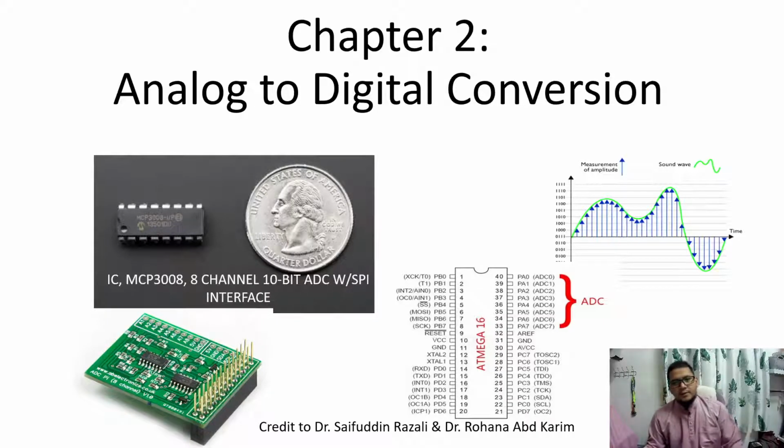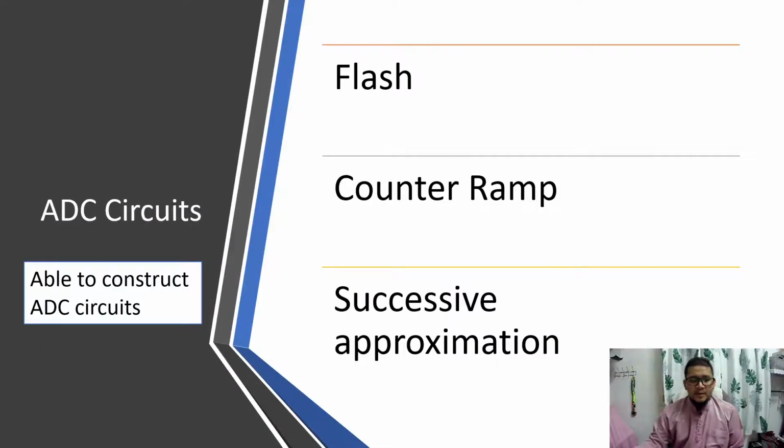Bismillahirrahmanirrahim. We continue for chapter 2, analog to digital conversions. At the end of this chapter, the students are able to construct the ADC circuits. In this chapter, we will go through flash ADC circuits, counter ramp ADC circuits, and successive approximations ADC